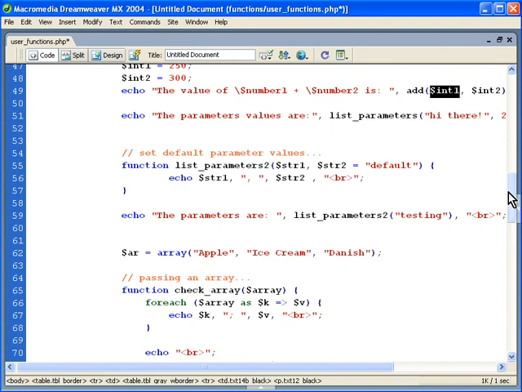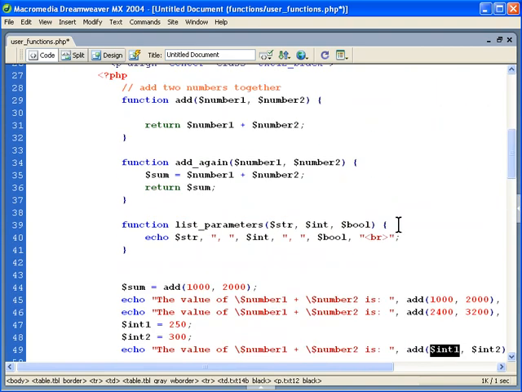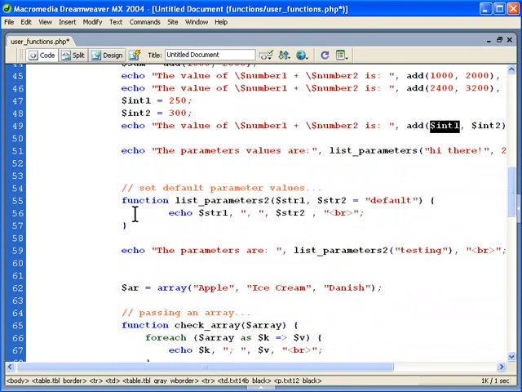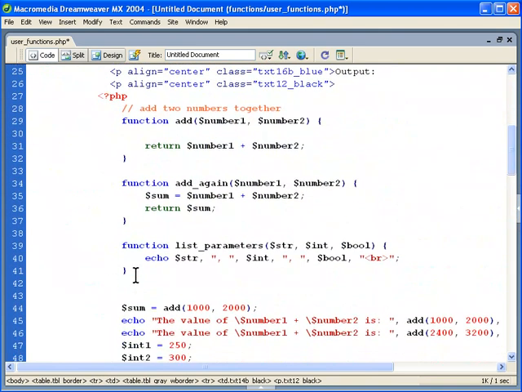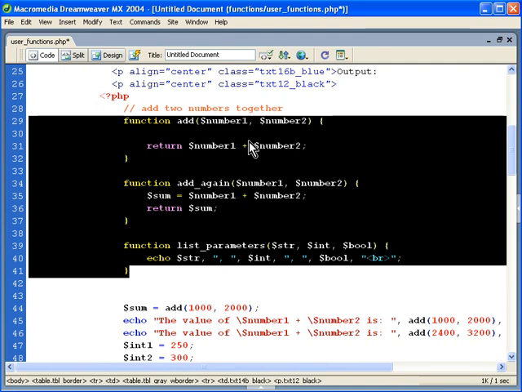Continuing, notice that we have two functions here, three functions here, and then we have another function down here. Now you normally don't do that. You put your functions, like I said, in another file. You put them at the top of the page or the bottom of the page. It doesn't matter. These functions are like little programs themselves, and they won't even execute until you actually call the